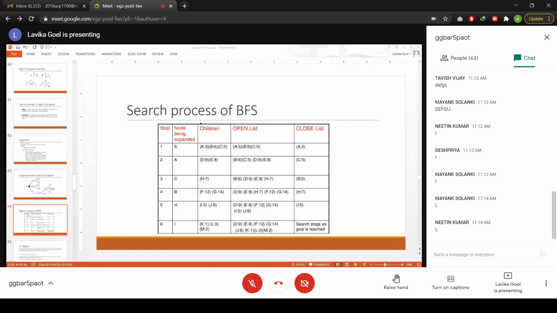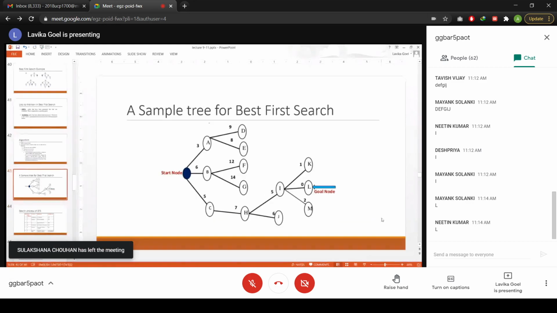Also it is given to you in the question that L is your goal node. So you have reached the goal node. You will select L and then your search will stop. Fine. So in best first search, you are always selecting the best node from the open list, and the nodes which have already been expanded are moved to the closed list. And you go on proceeding like this until you generate the goal state.